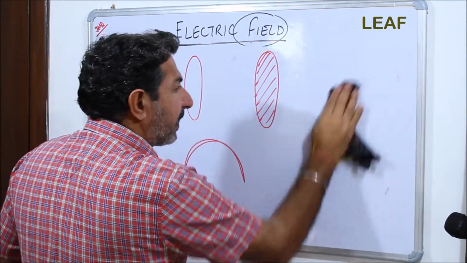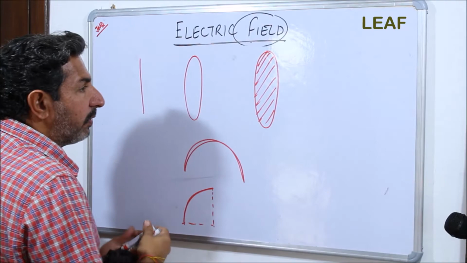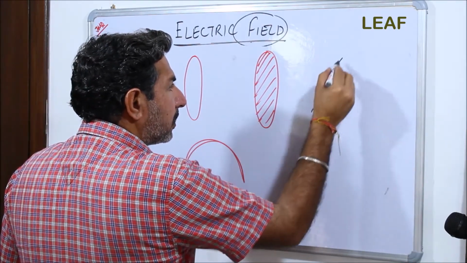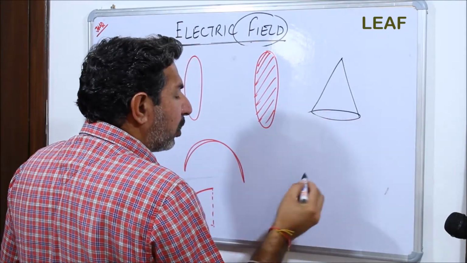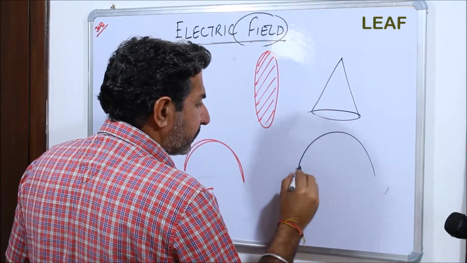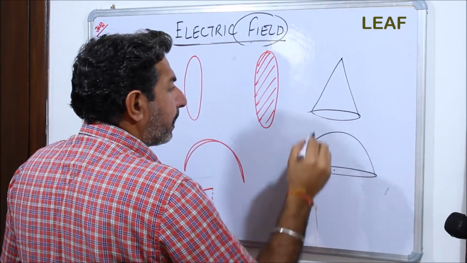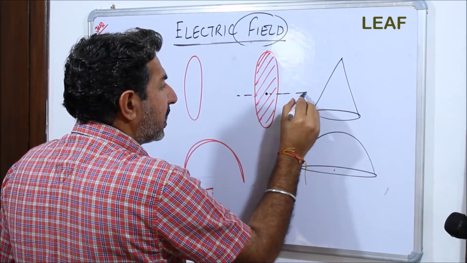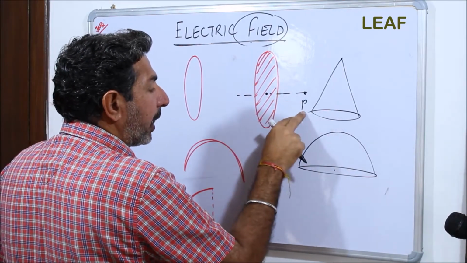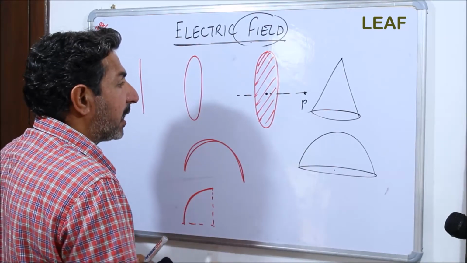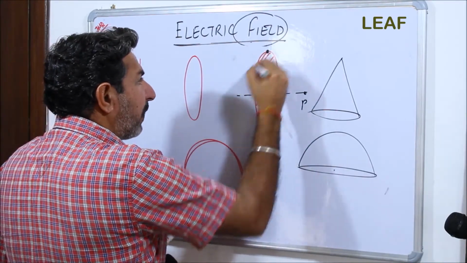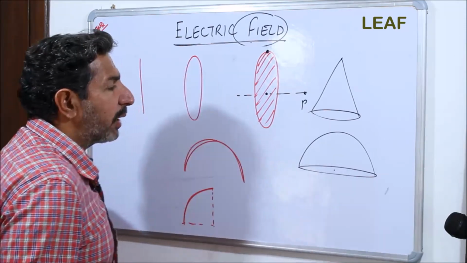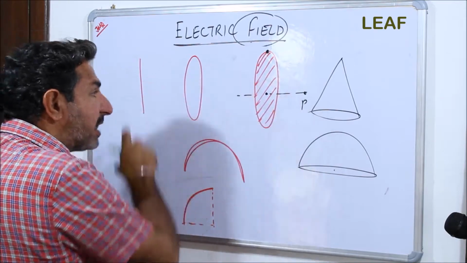And specifically in the higher segments, we do go for a cone, and we even go for a hemisphere. And for this disk, normally the question asked is to find the electric field at any point P on the axis of the disk. But if I wish to find the electric field at the edge of the disk, there are so many variations that we can place in these questions.